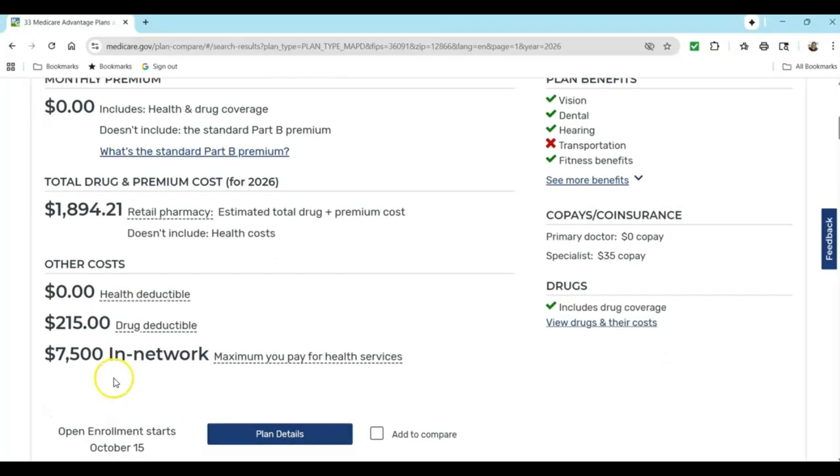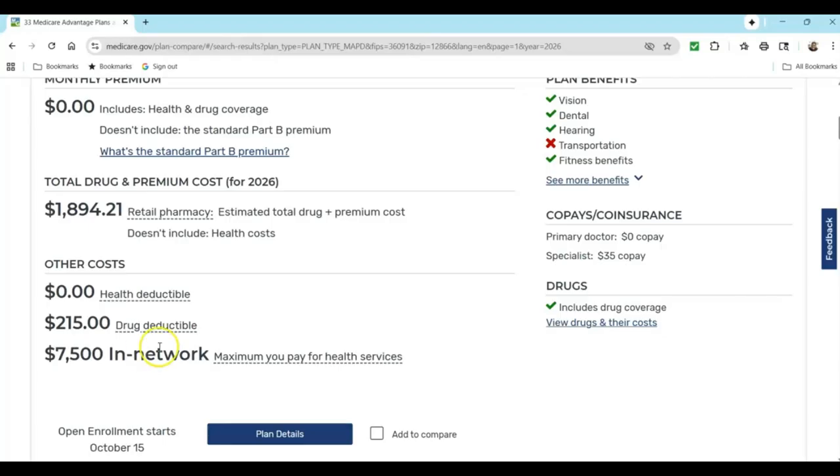All these plans also have a maximum out-of-pocket that you would pay for medical copays. In this case, the cap is $7,500. The caps range typically between $6,000 and $10,000, and that's the most you would pay for medical copays for a